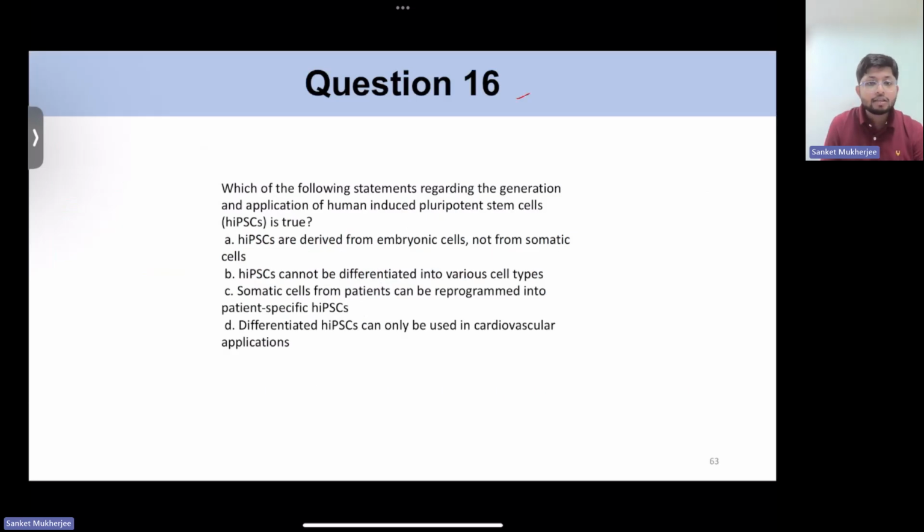Question 16, which of the following statements regarding the generation of human induced pluripotent stem cells is true? HiPSCs are derived from embryonic cells, not from somatic cells. HiPSCs cannot be differentiated into various cell types. Somatic cells from patients can be reprogrammed into patient-specific HiPSCs, or differentiated HiPSCs can only be used in cardiovascular applications. So the answer to this is somatic cells from patients can be reprogrammed into